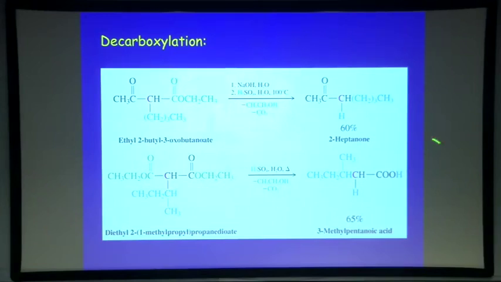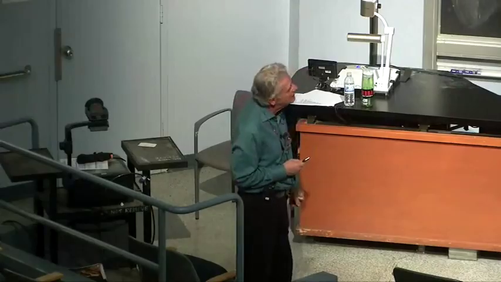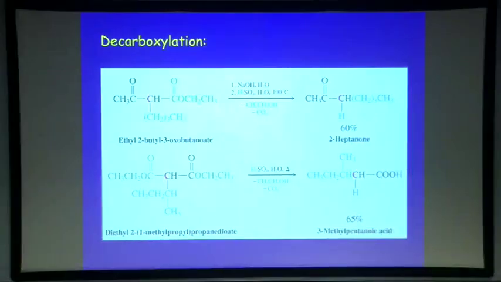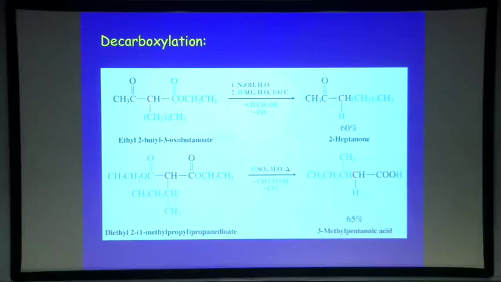a substituted acetic acid. So retrosynthetically, if you see any substituted acetic acid, meaning any carboxylic acid, you can cleave at the acetic acid carbon, at this carbon right next to the carboxy, and think about introducing whatever else is hanging off there, whatever the substituent is, starting with a malonic diester or propane dioate ester by alkylation at the central position.